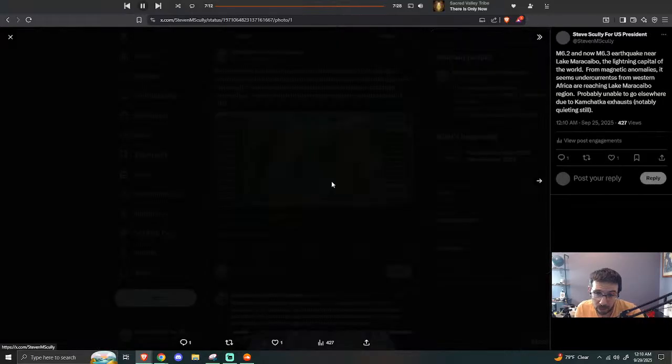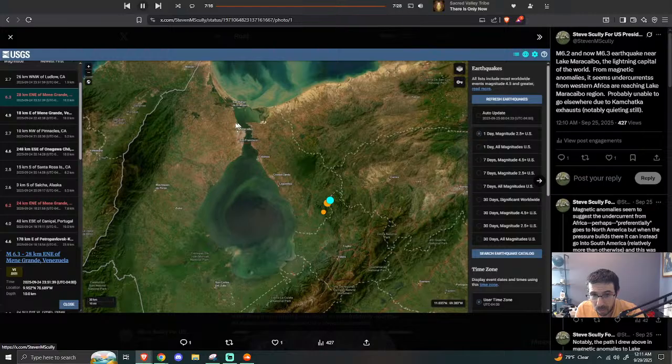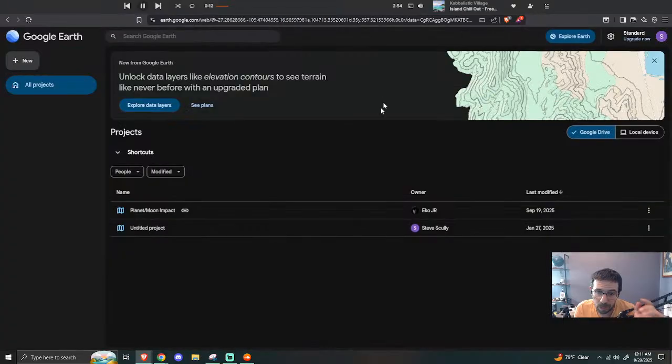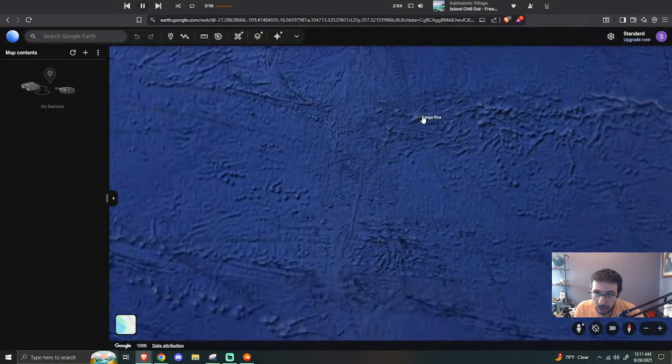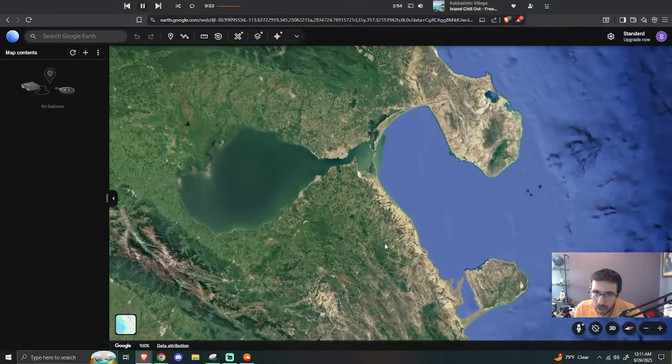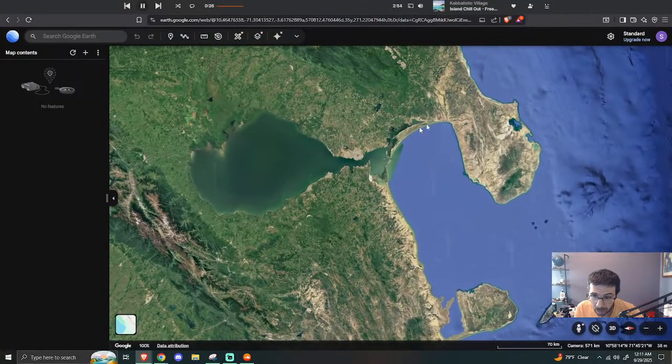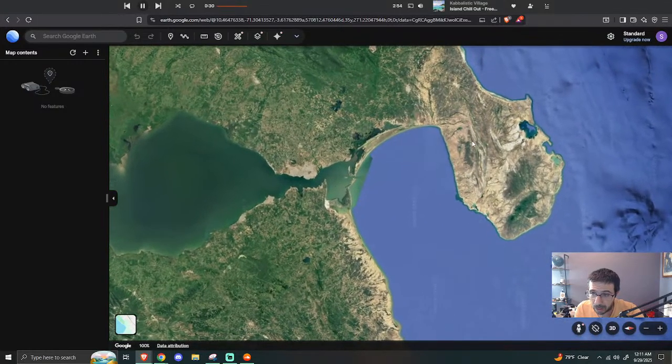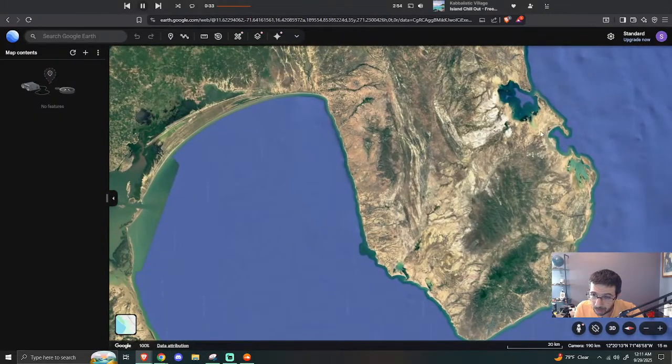6.3 and a 6.2 right by Lake Maracaibo, which I've talked about at times, I don't know which episodes. It is the lightning capital of the world, especially, I found out more recently, over here. Interestingly, in this protruding, chakra-like region even. Like the whole thing behaves like an ammonite. Chakra, lobe. That's kind of misshapen, maybe. But it behaves like an ammonite and even has